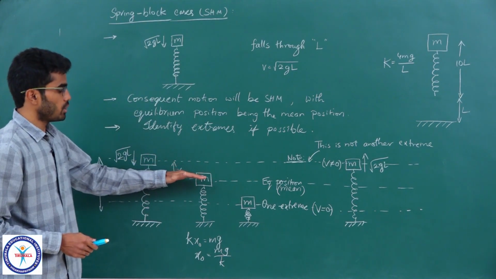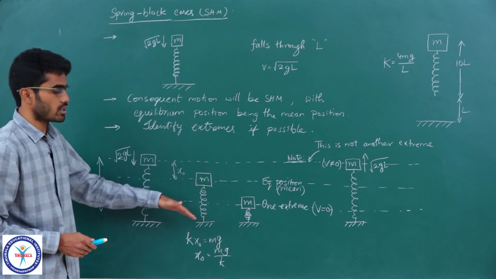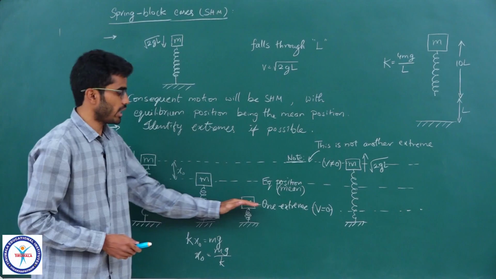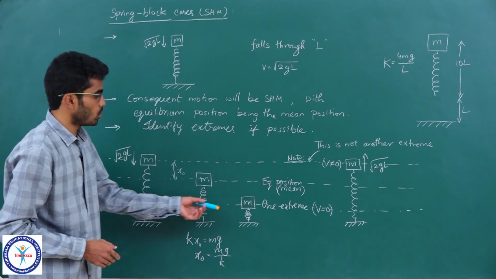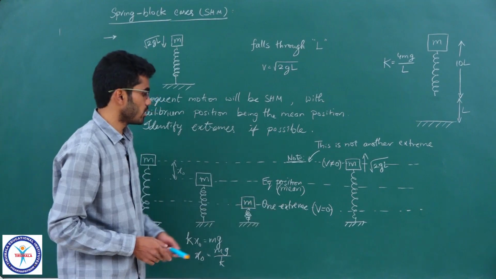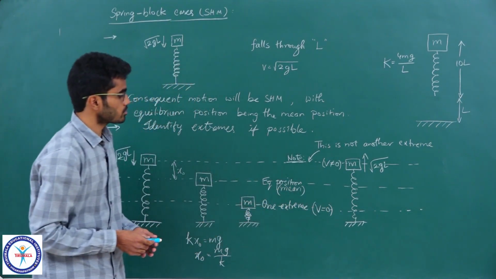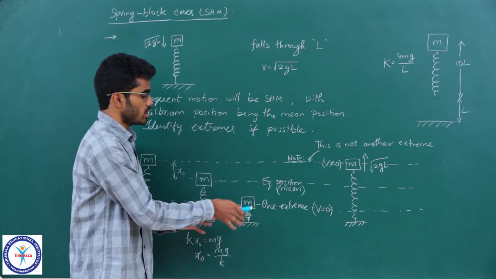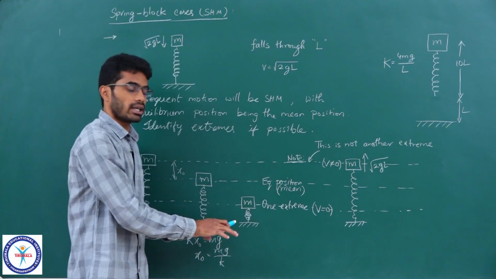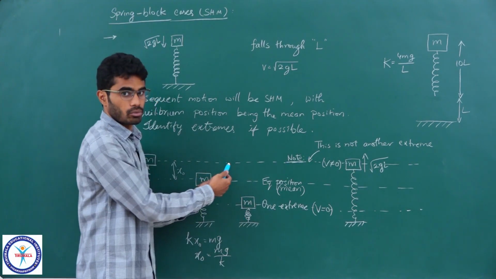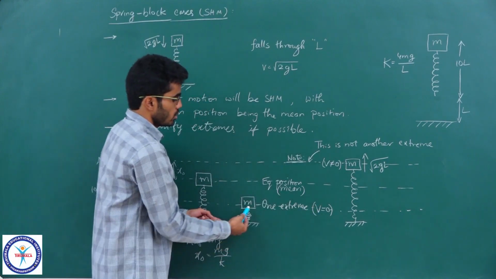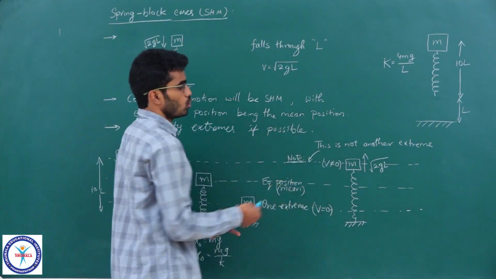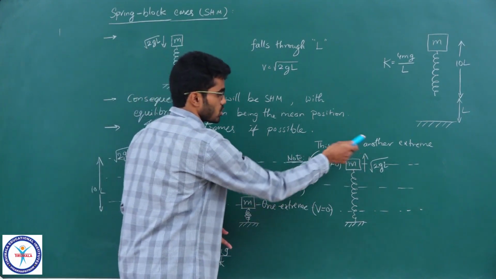Because it is a mean position, we will have an extreme on the other side. So, this block will compress the spring, it will go to the other side and it will find one extreme for the oscillation. So, the one extreme is given here with the third level. So, it goes there and it stops momentarily. All the energy is stored in spring, it stops, no kinetic energy, and then the spring pushes it back upwards. Notice the V0 here. So, it goes upwards and it will leave the surface with root 2 GL again when it comes to the natural length level.